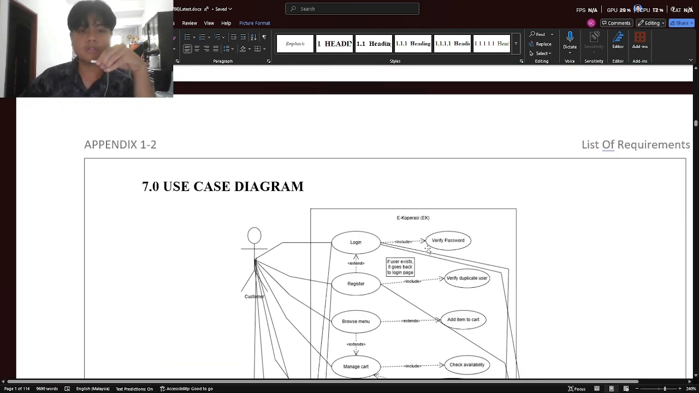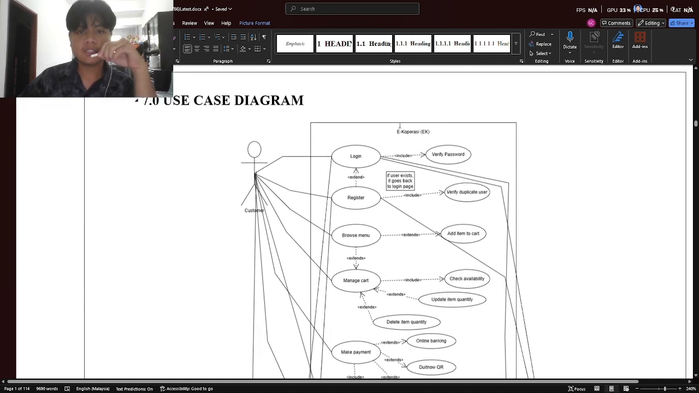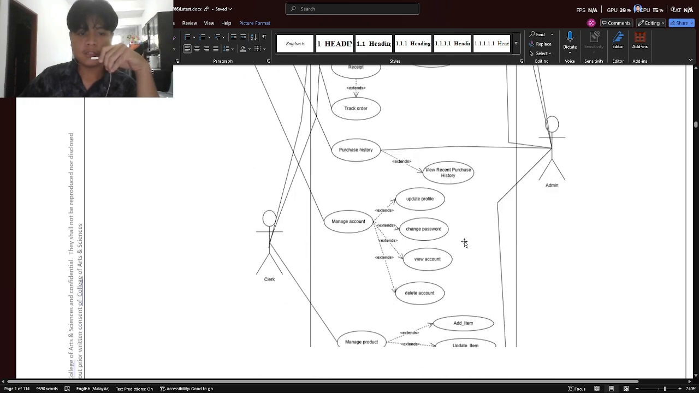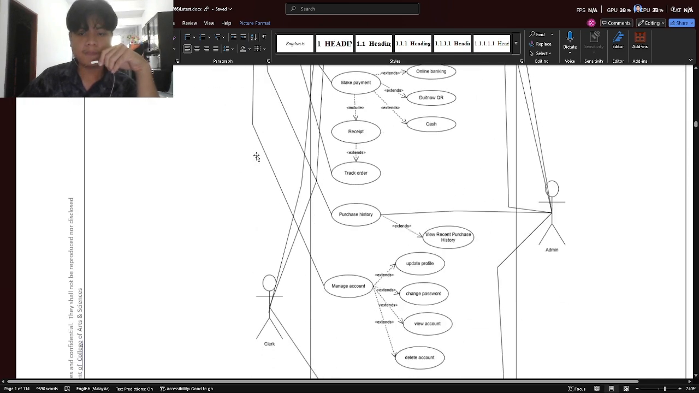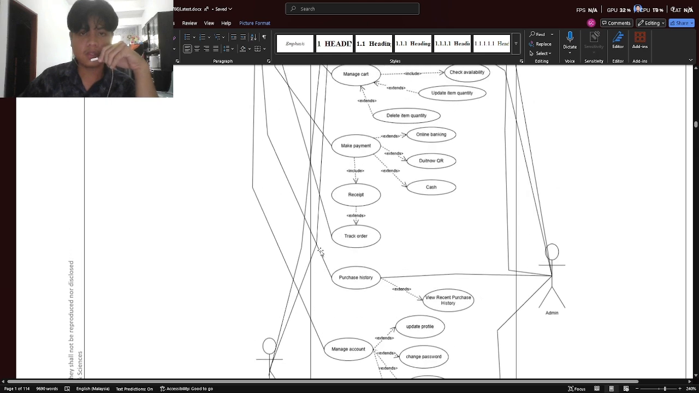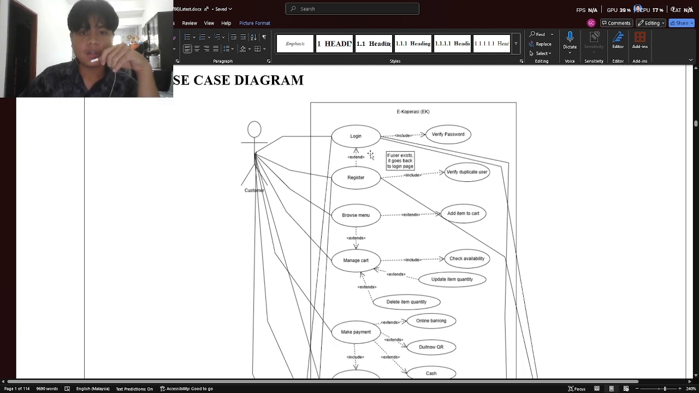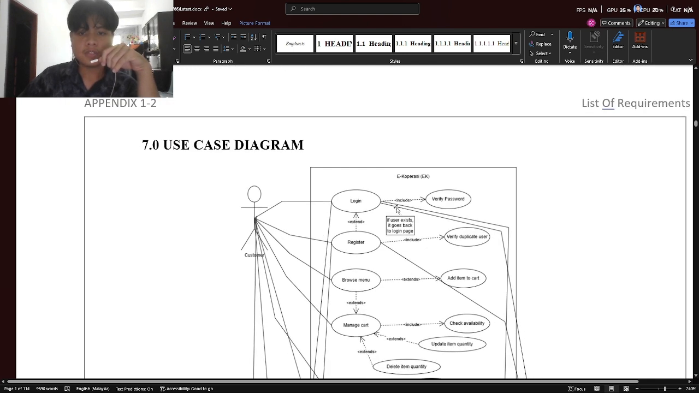So I'm going to talk about the use case diagram. Our system name is E-Koperasi, which stands for EK. And we have three actors here, which are the customer, admin, and clerk. For the first use case, which is login, it has an include to another use case, which